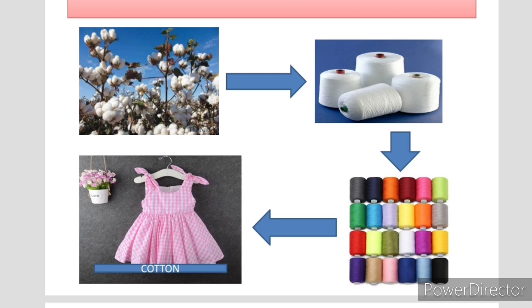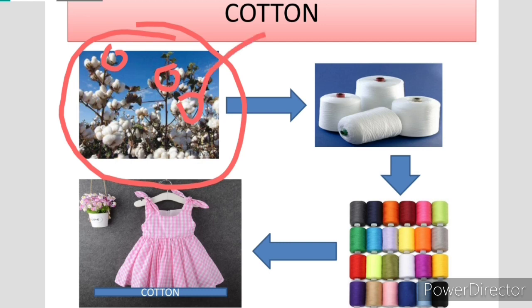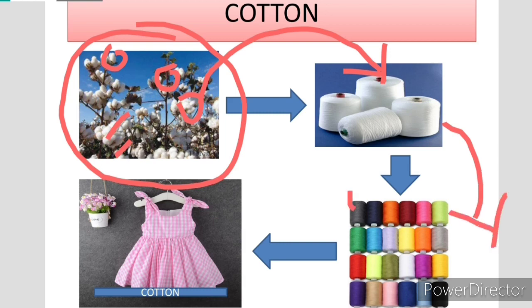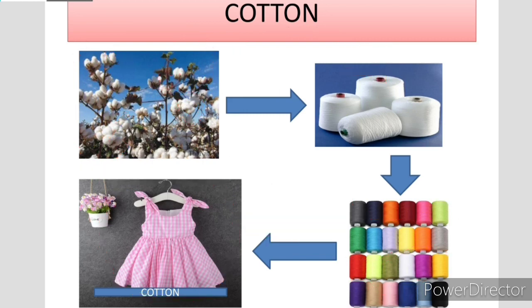You can see here there are cotton plants, right? And from here cotton is collected, and thread-type structures are obtained from cotton. Here you can see it is white in color, but we don't always like to wear white, right? So we need to dye them properly to get colorful threads, and after that, with the help of a weaving machine, we can weave it together and make this nice cloth. You can see here a nice cotton cloth.